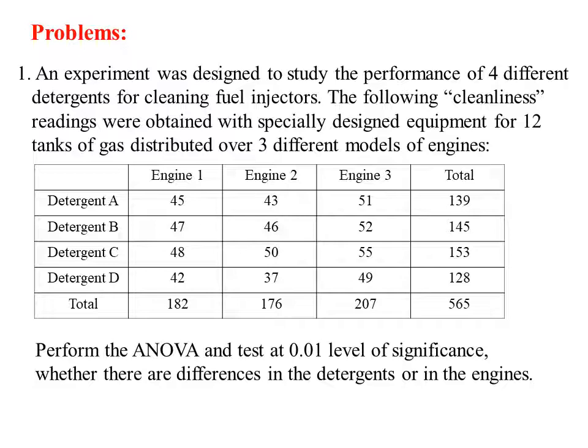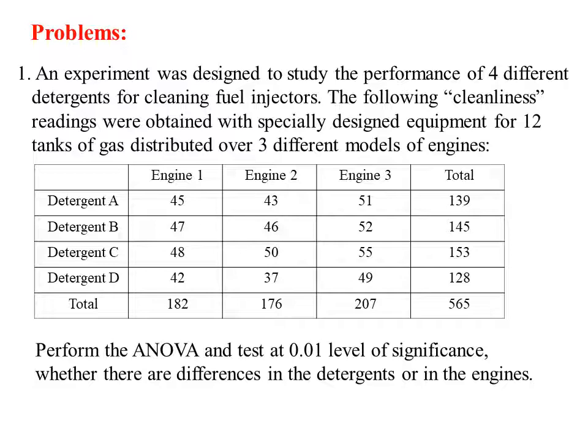Even here the values are lengthy, so while solving the problem I can fix a common number. Here I may fix 50 as the number and subtract all the values from 50. For example, the first value is 45, so we write minus 5. Then 47 minus 50 is minus 3. I am going to change the values like that for simplification purposes. Otherwise, if you want to take them as they are, you can do that.